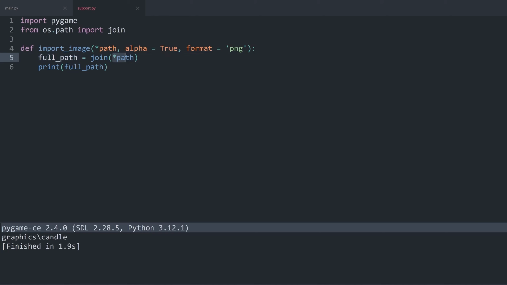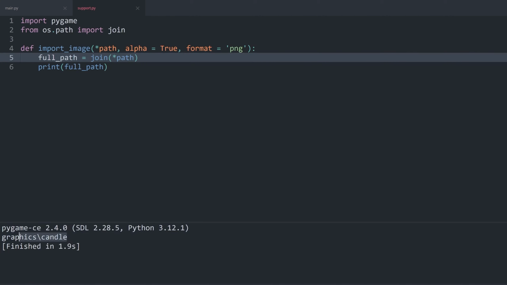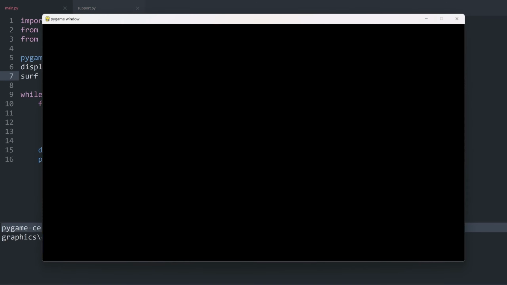Basically, we are turning this tuple into separate arguments. The end result is going to be a working path, although this is not exactly what we need, because there is the file ending that we're not accounting for. To get that, we want to add an f string where we want to add dot and then the format we are specifying. If I now run main.py again,